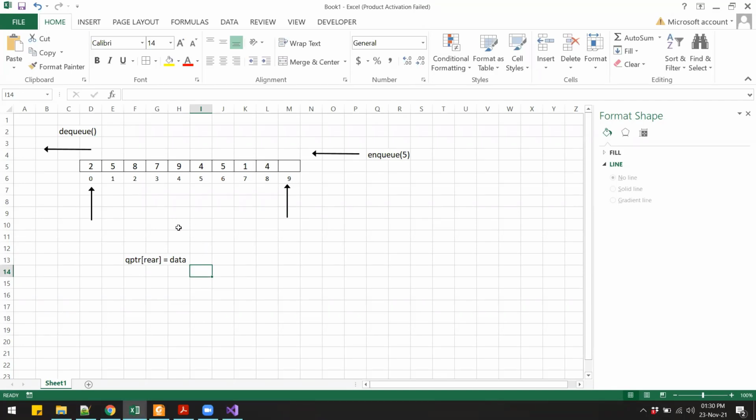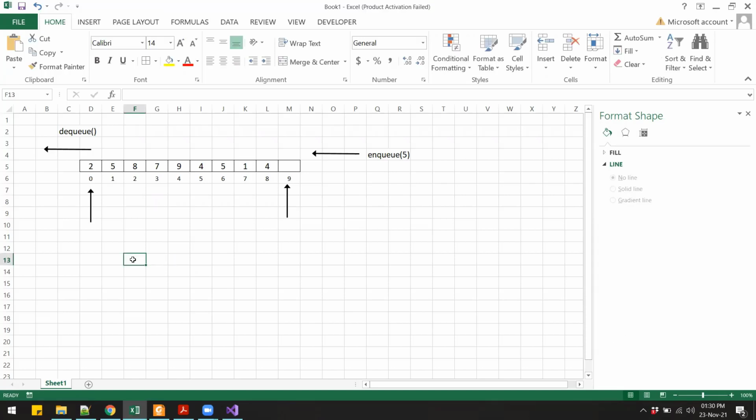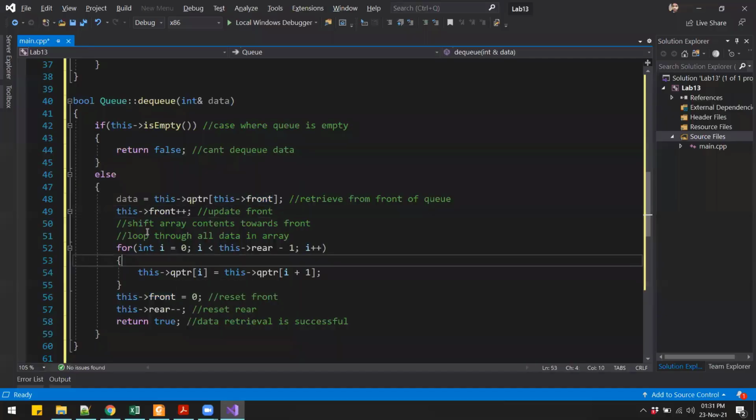So looking at our queue, now the data that we are going to remove is at index front, right, which is the front pointer of the queue, which keeps track of the very first value in the queue. So we can say qptr at index front. So this will give our data. So we are saying that the data is equal to the array at index front.